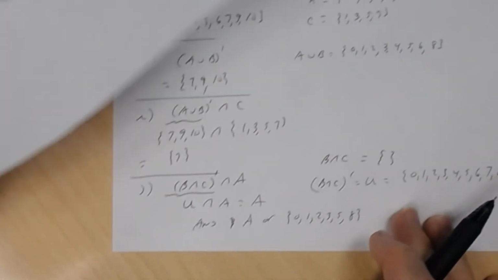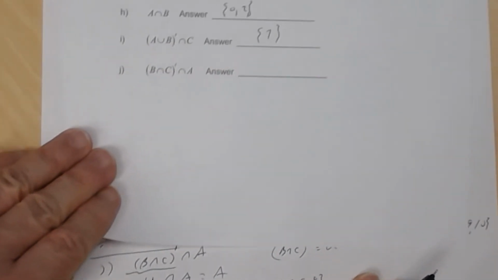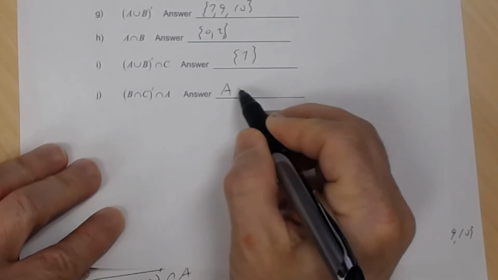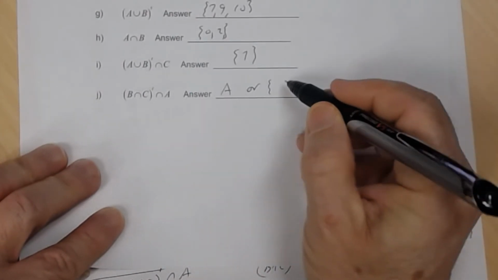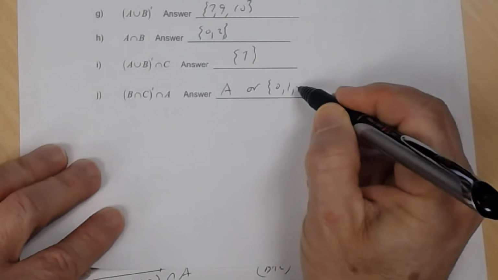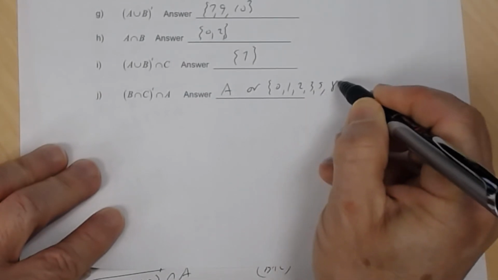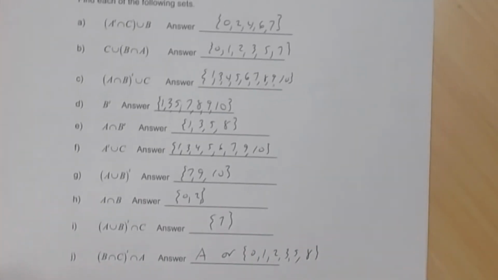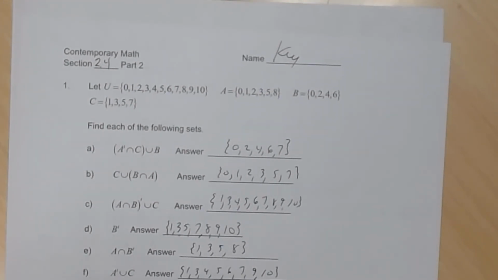So right here, I'm just going to put that you can say set A, or you can actually list the elements of set A: 0, 1, 2, 3, 5, and 8. Okay? All right, so that's going to take care of worksheet 2.4, part